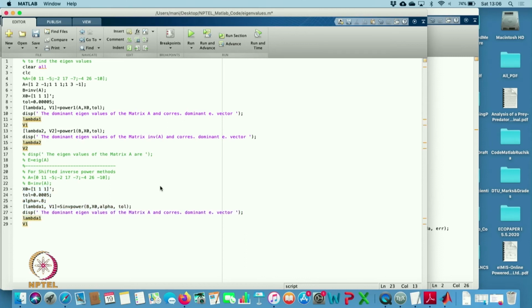So, this is the value I am getting, and this is the eigenvalue I am getting, matrix A, and all this I will comment. Now, I have this matrix, x naught is there, tolerance is this, alpha now I want to find close to 2. So, in this case I can take this as 1.8. So, let us see what will happen, and with the negative sign, minus 1.8. So, let us see what will happen in this case.